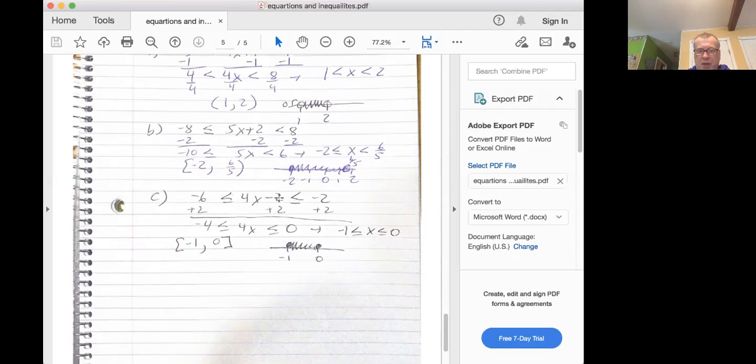In this last one, same idea. We'll add 2 to everything. That gives us minus 2 is less than or equal to 2x is less than or equal to 0. Divide by 2. That gives us minus 1 is less than or equal to x is less than or equal to